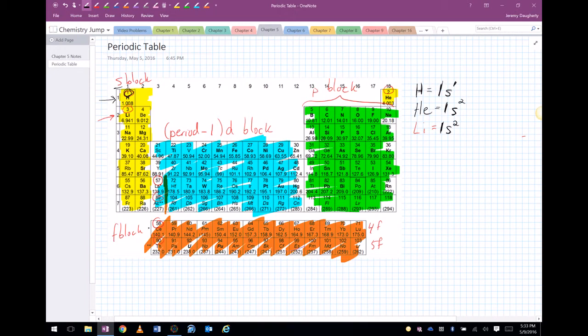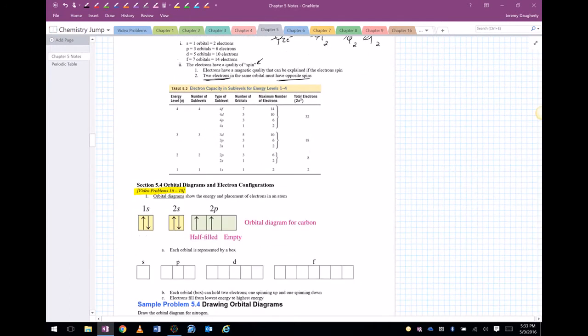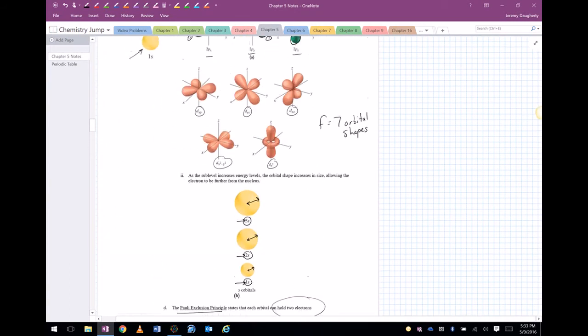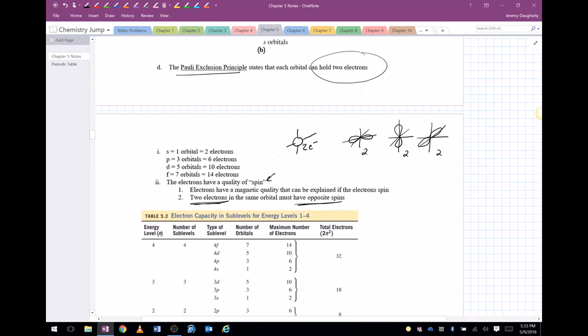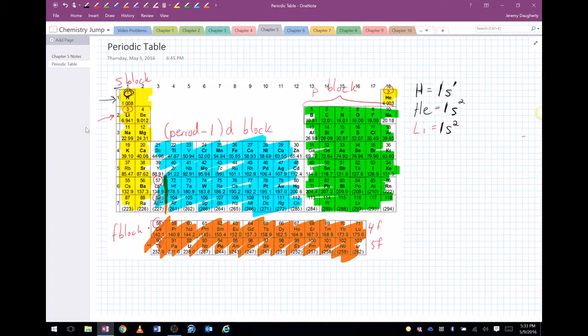Now, think back to, I'm going to skip back here to the notes real quick, and let's remember back to right here. What is this? Section 5.3. We said the S shape has 1 orbital which can hold 2 electrons. So let's go back to our electron configuration. Look, here's the S shape. How many electrons can it hold? It can only hold 2. So that's what we call full. So that's a full S